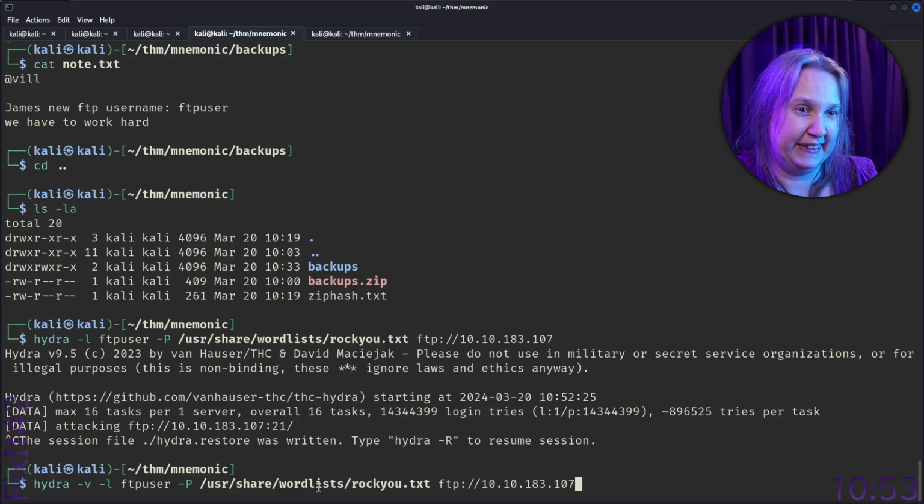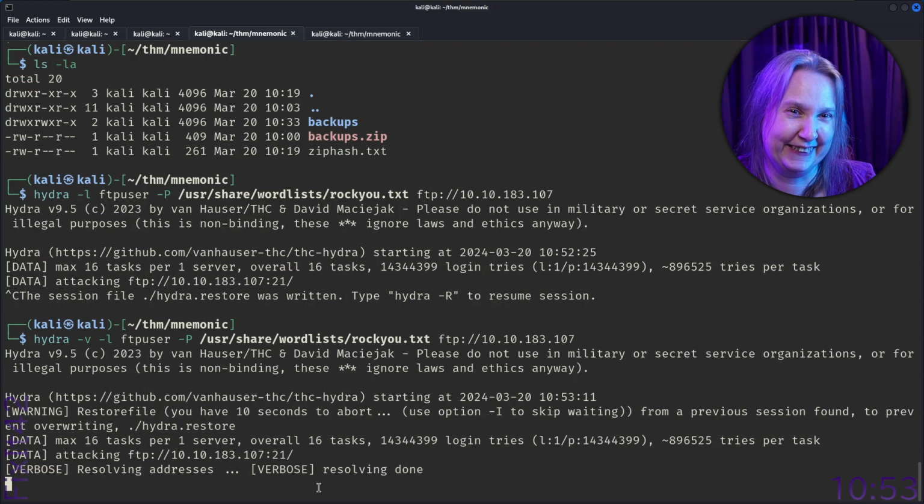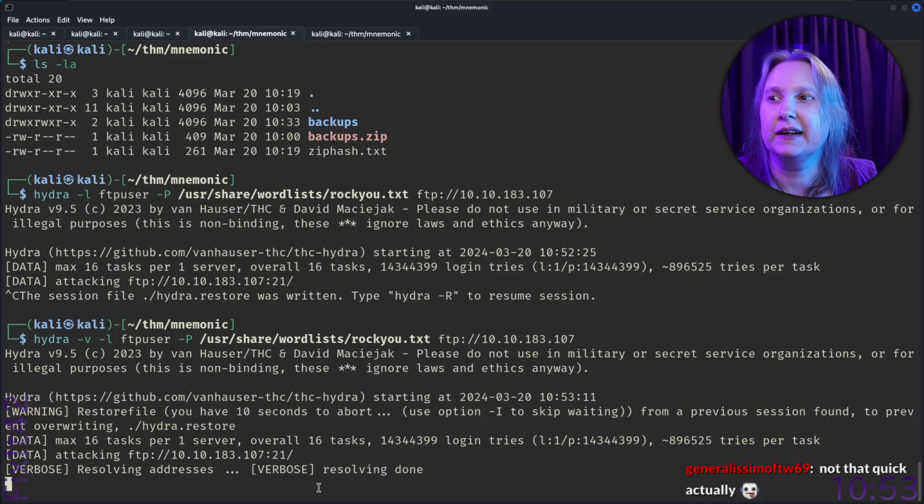Now, the last thing is what it definitely needs to get started, so better start that. Let's hope that this is a kind box that gives us a quicker answer, as when we did John, because that was quick. It was kind of instant. Not that quick, actually.